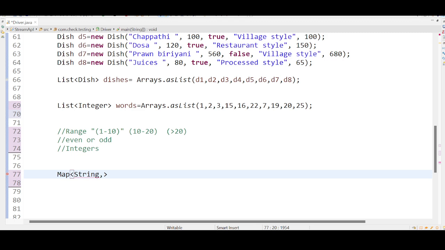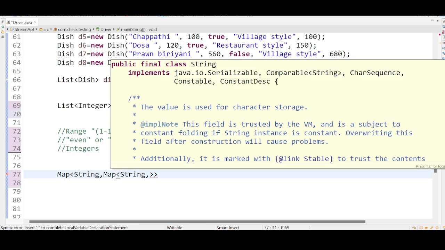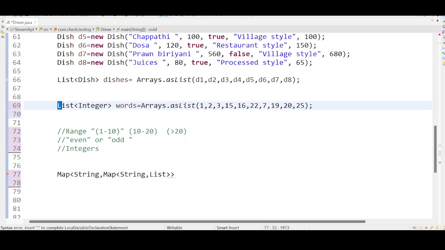Okay, string. Secondly, I want to take an inner map. My inner map will accept a string again. The inner map is going to say whether the category is the even category or the odd category. So again, it is a string. And the value has to be the value that you are dealing with. Okay, this one you can directly copy and paste here. Right? Hope you're able to follow. Let me take something like